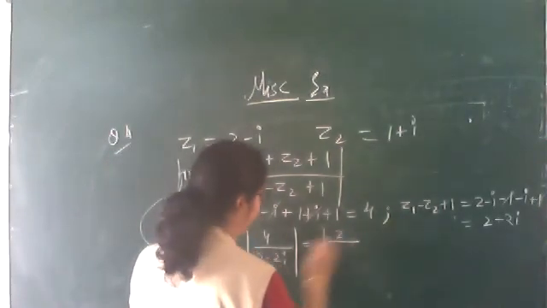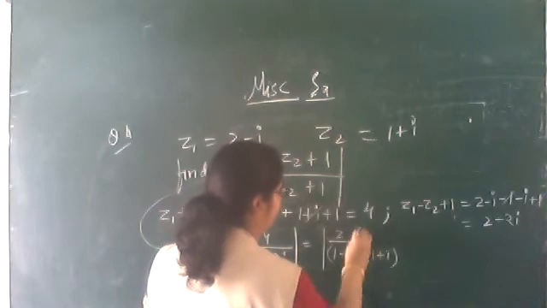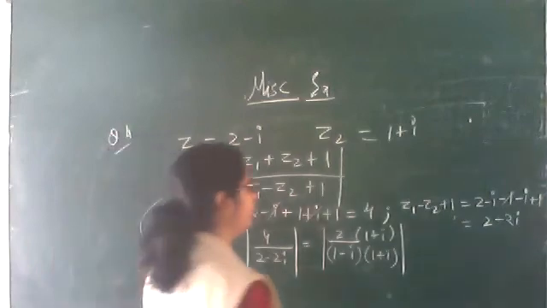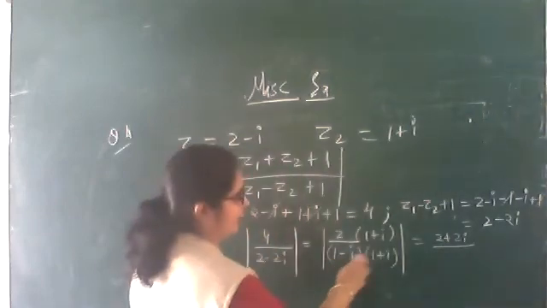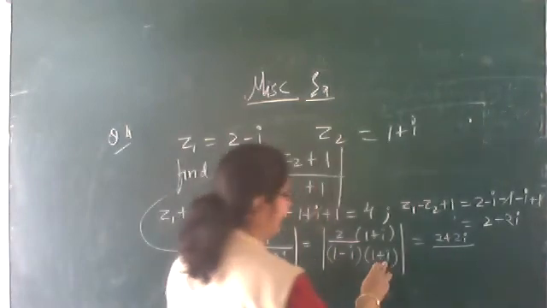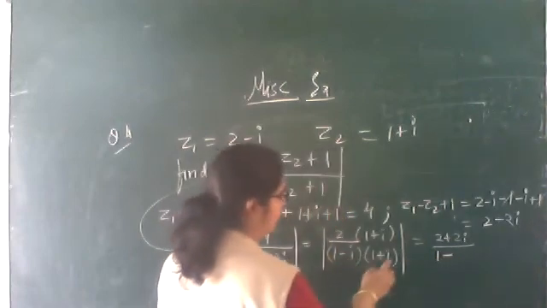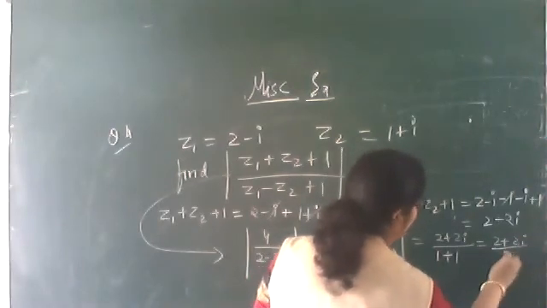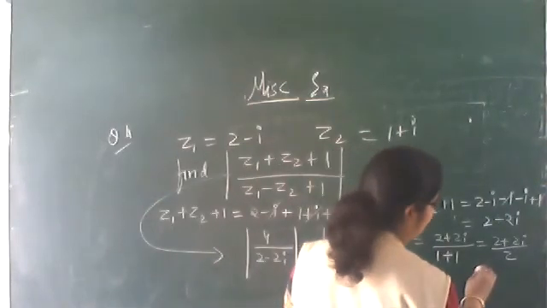In the numerator 2, divided by 1 minus iota. Now multiply and divide by 1 plus iota. What am I going to get? In the numerator 2 plus 2 iota, divided by a minus b, a plus b, a square minus b square actually. Iota square will be minus 1, so a square is 1 minus b square, and since iota square is minus 1, it becomes plus 1. That is equal to 2 plus 2 iota upon 2. Now can we take this 2 common from the numerator? What are we going to get?